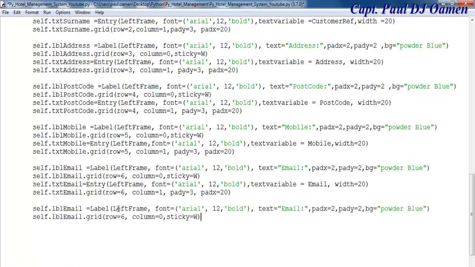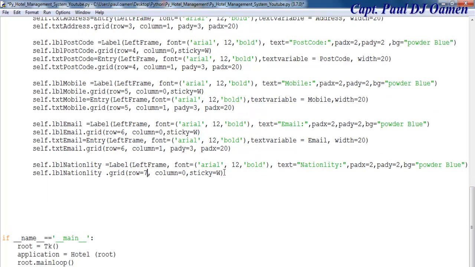Paste that right there, and that is going to become nationality. So let's change this one around as well. There we go. And change the text content and the name. Changed. So let's change this to 7. Right, that is done. So the next thing I want to do is, underneath nationality, I will now declare self dot,